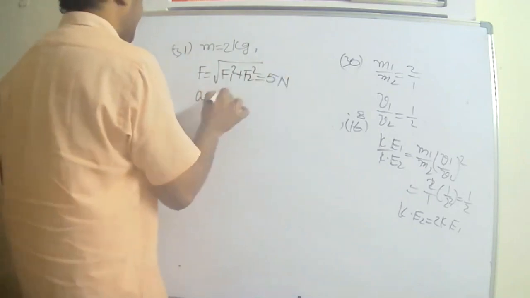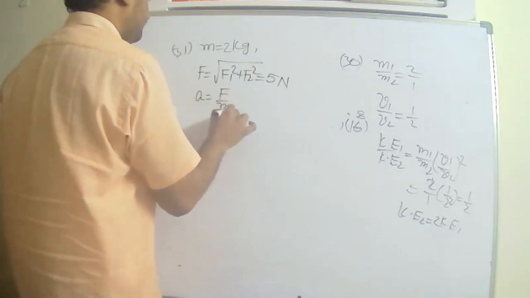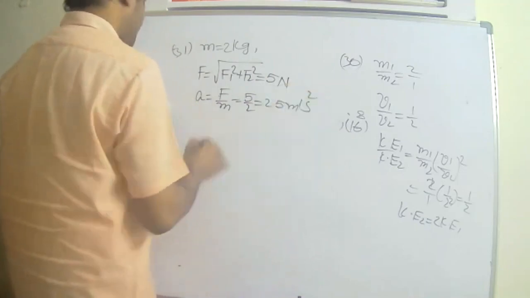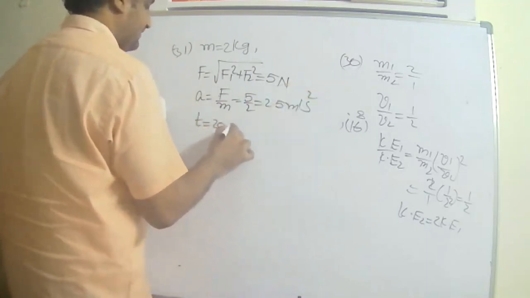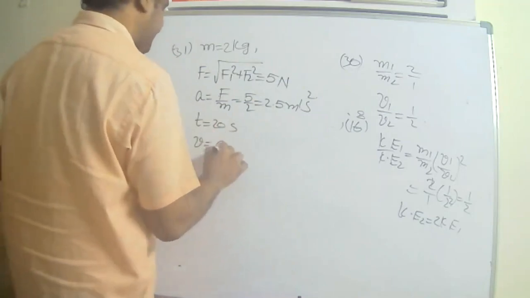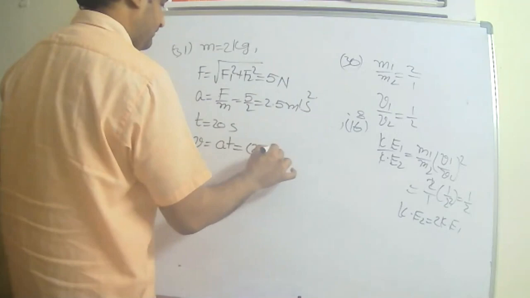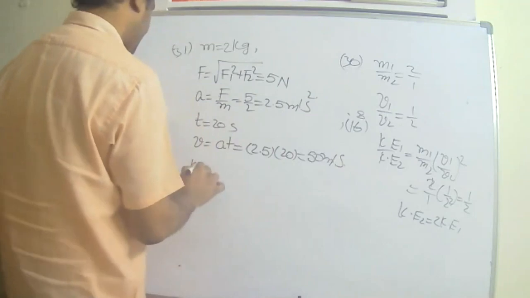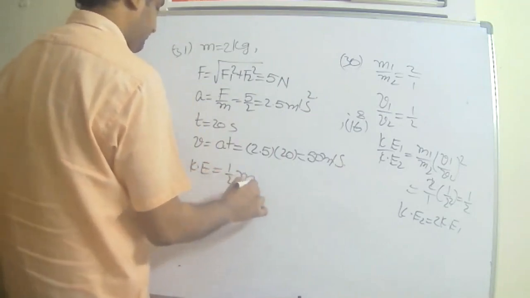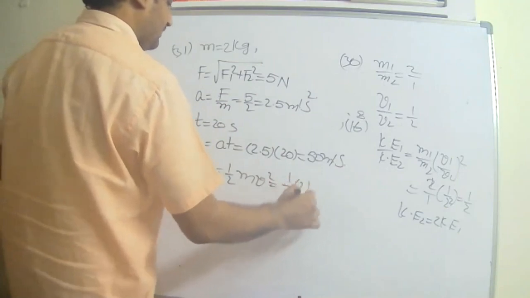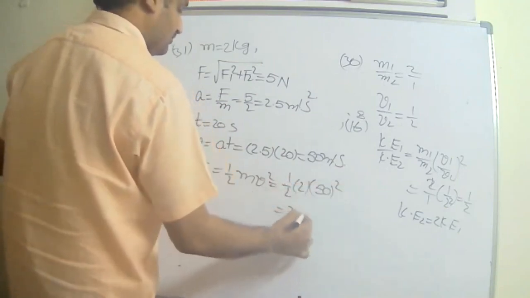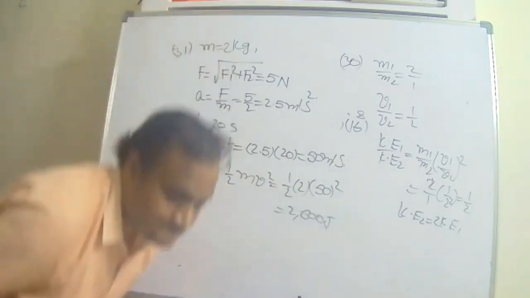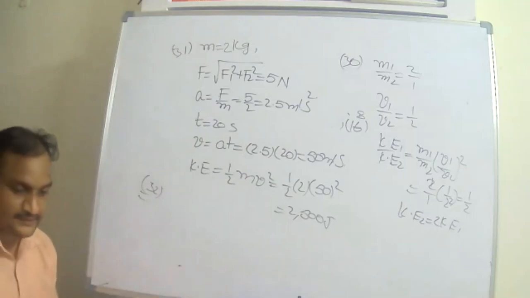సో 5 న్యూటన్స్ చేస్తే యాక్సలరేషన్ ఎంత? f by m. So 5 by 2, that is 2.5 meter per second square after 20 seconds. t is 20 seconds. So final velocity, but initially it is at rest. So a is 2.5, t is 20, so it is 50 meter per second. Kinetic energy is equal to 1 by 2 mv square. So 1 by 2 into 2 into v square. That is 2500 joules. Okay na? Next,